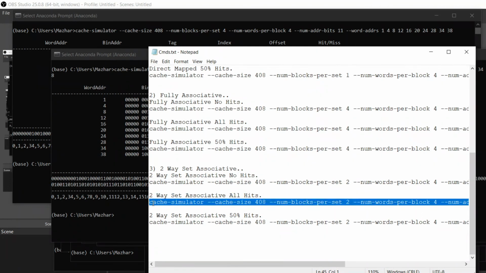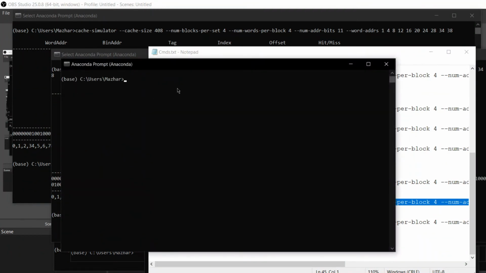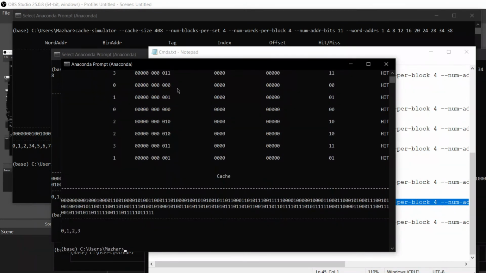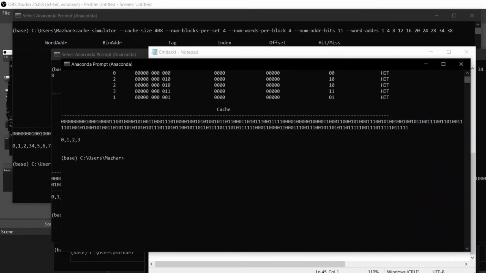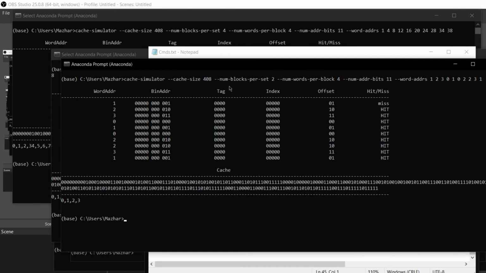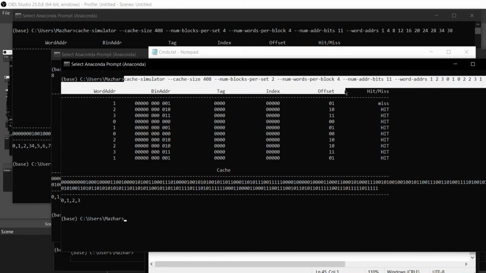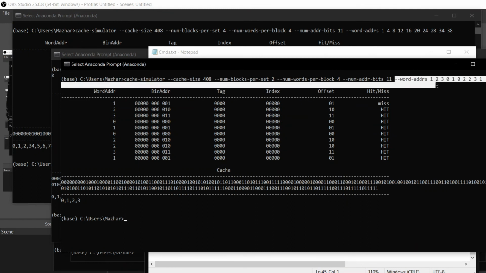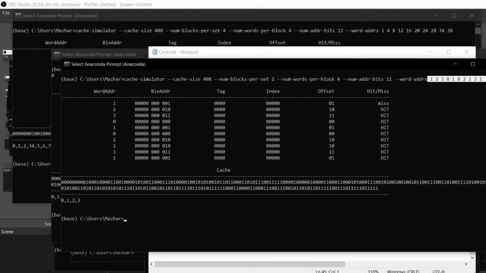Let's copy it and paste it in the terminal. Again, all things are the same. We have just changed the word address to get a hit every time. First miss is always a miss. The first address is always a miss, and after this we have all hits,